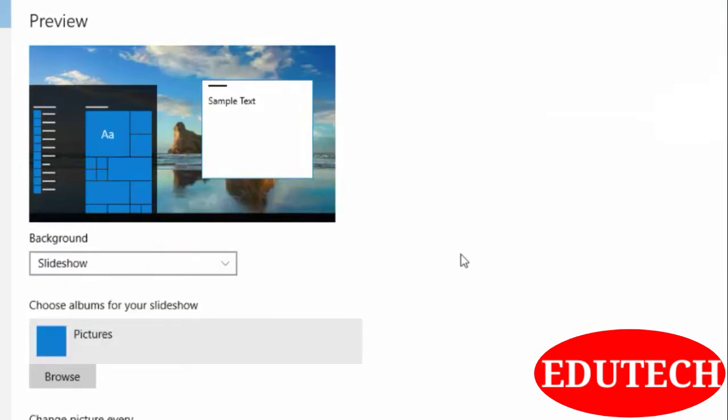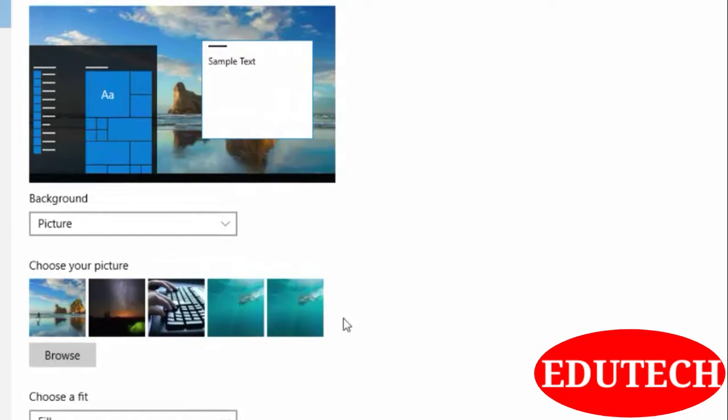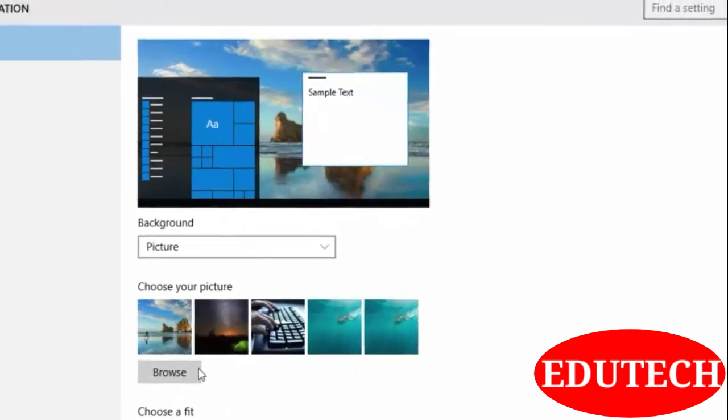To set a slideshow, you will have to select all the pictures you want in your slideshow. Currently, I am setting it as a picture background. You can select the picture you want to set as your background from here, or you can browse for it.